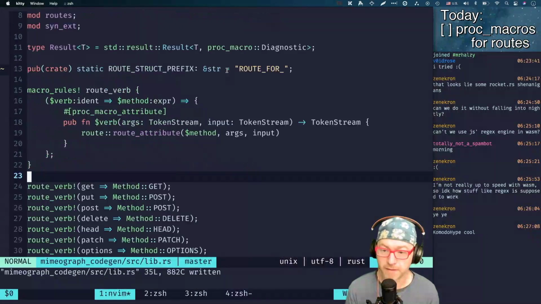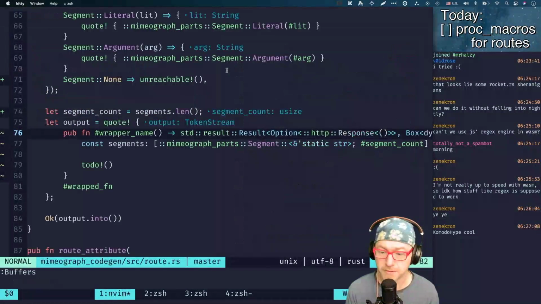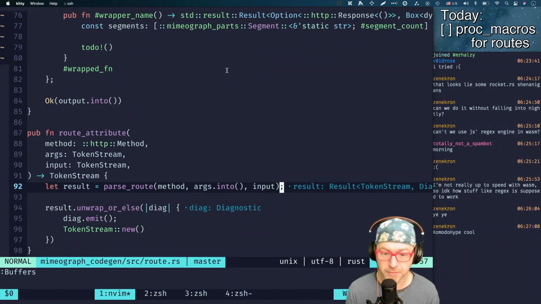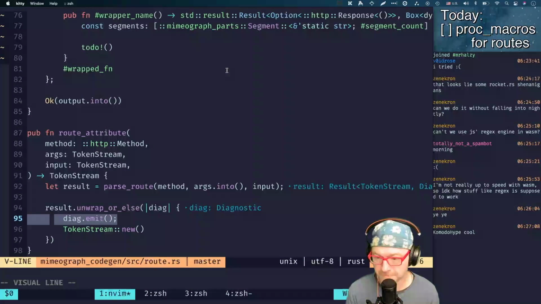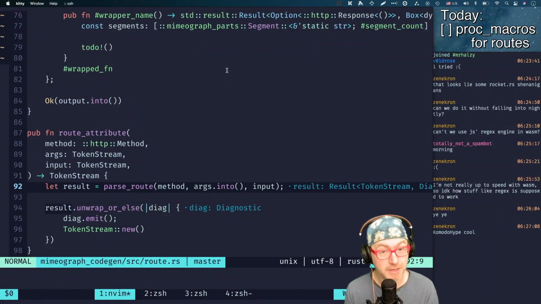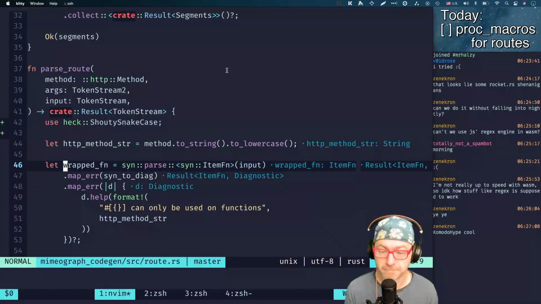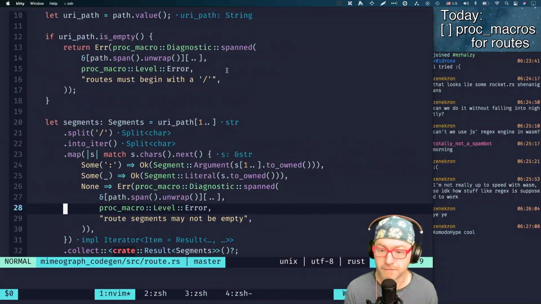Now, the way that this works here, our route, where to go? CodeGen route is our route attribute. And we parse the route, and then we unwrap and emit. See, this is part of the diagnostic bits that make output from macros so much better because you can include help sections. Like if you decide that, like here,